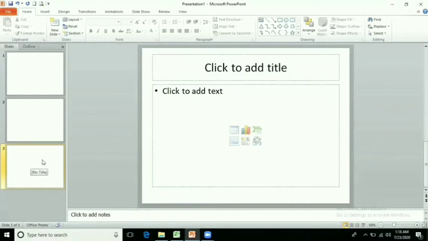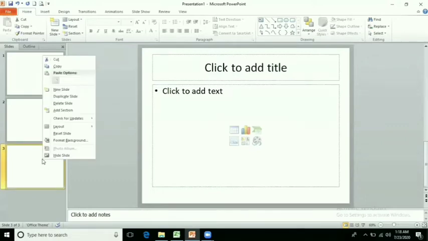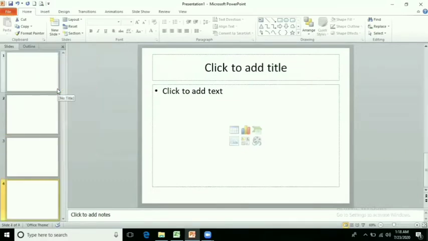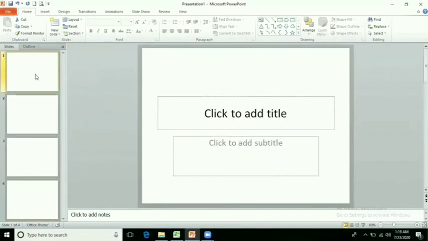Same you can do by right clicking also. Just right click on the slide and then go to new slide. So you can see here now in our presentation 4 slides are here.